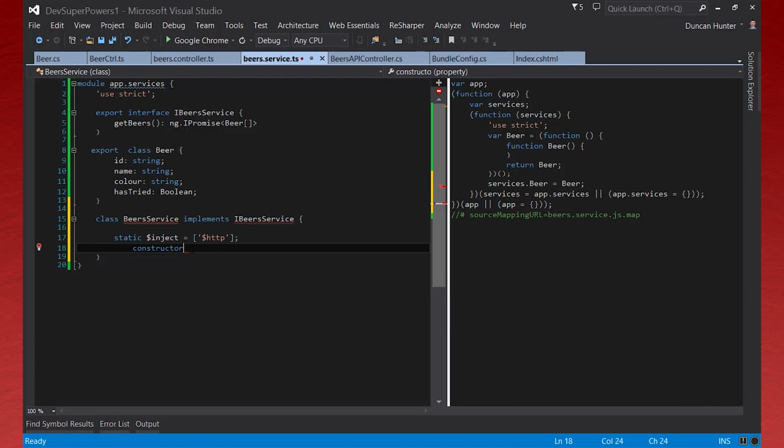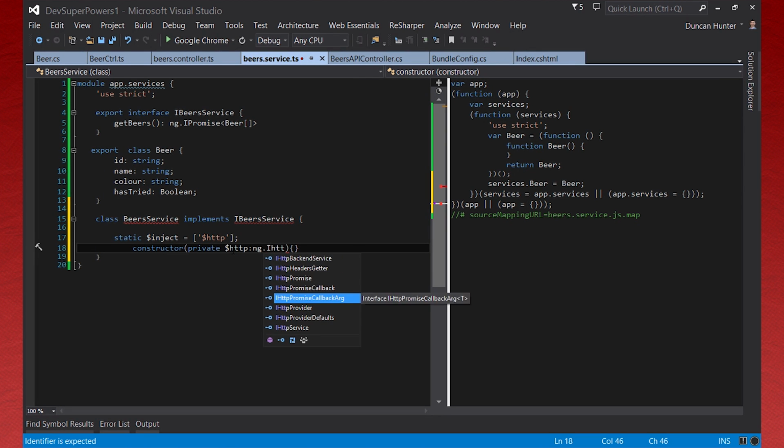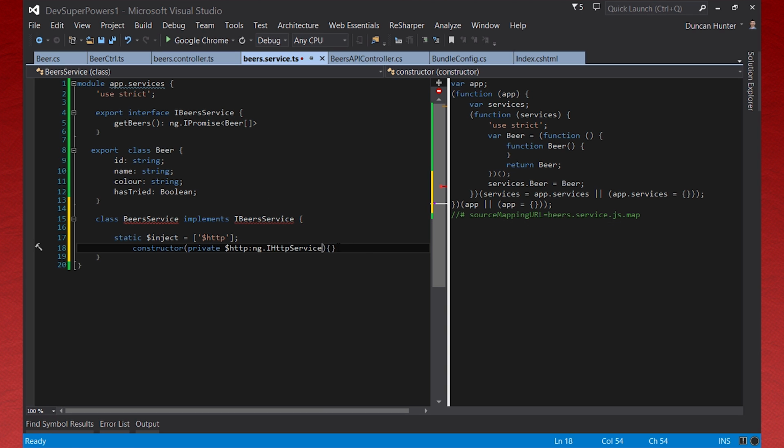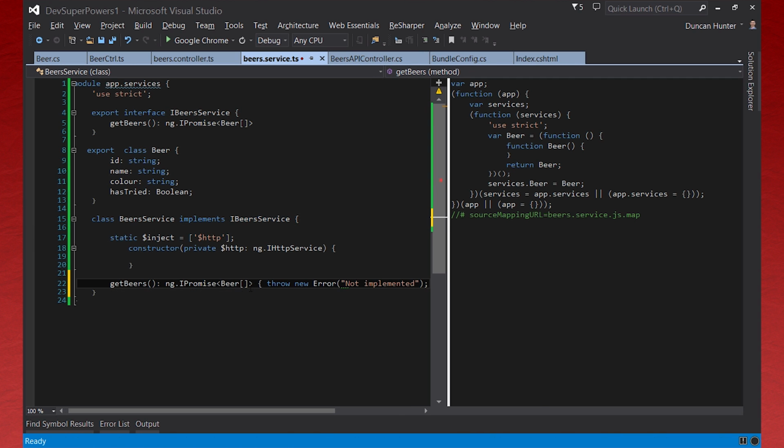and that constructor is going to be empty at this stage, but we want to implement a private, similar to what we did in the controller, a private $http of type ng.IHttpService. And at this point, we have got our injected HTTP service to make our AJAX call, and we need to implement this interface. So I'm going to use ReSharper again and go Alt-Enter and implement missing members, and it's going to put in our GetBeers function,